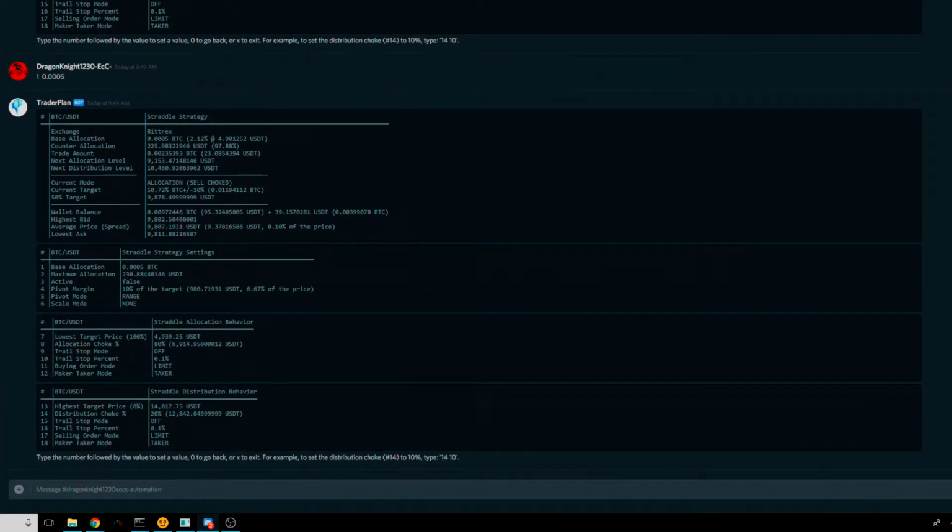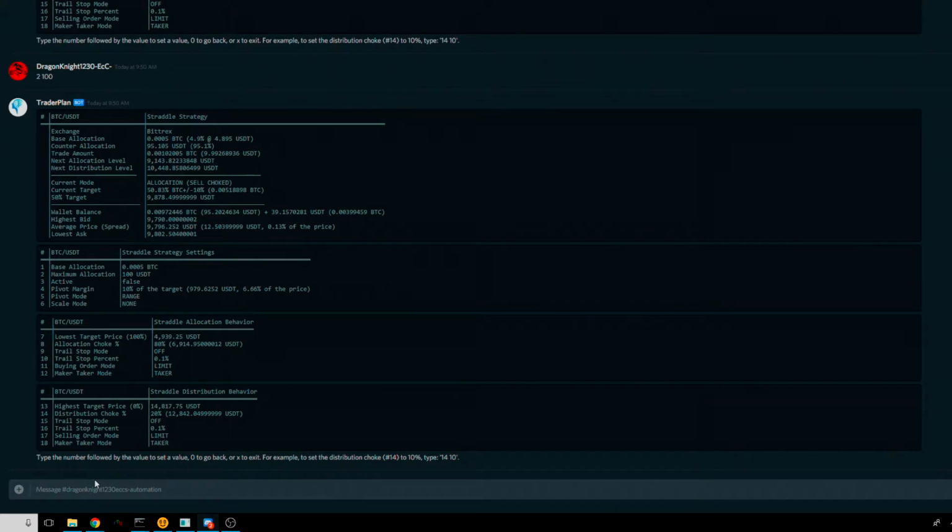Right, number two is maximum allocation. This is how much you want to utilize of your portfolio to trade with. If you wanted to just use 100 USD, you just do 2 and 100. Currently this strategy will use the 100, and it will target to have, say, 50% in the market: 50 USDT and 50